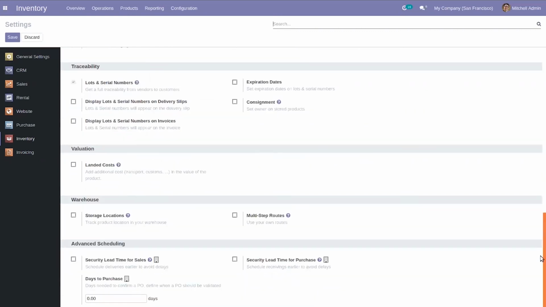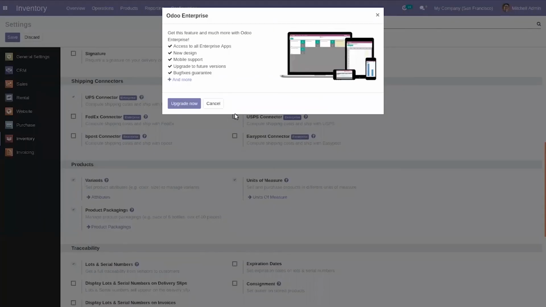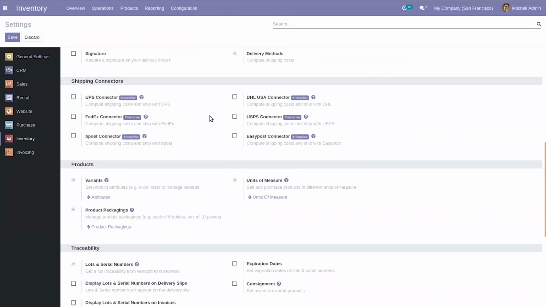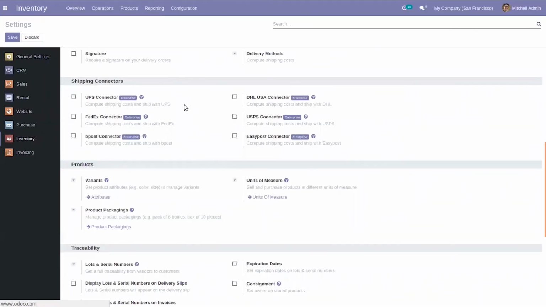So if you want to use these connectors, just enable, and here you can find the option to upgrade now, because these connectors are only available in the enterprise version. So if you want to use these connectors, you have to upgrade. So let me show something. If you click upgrade now, you can see that